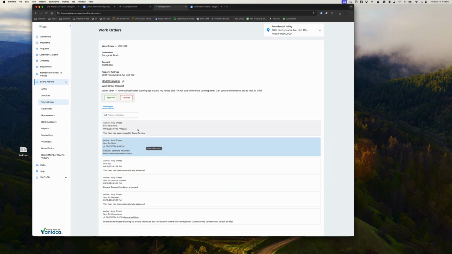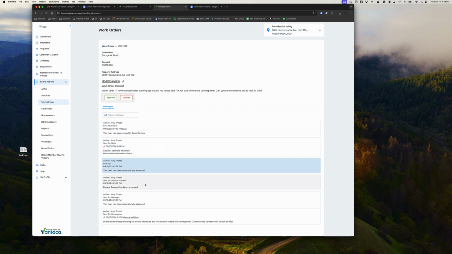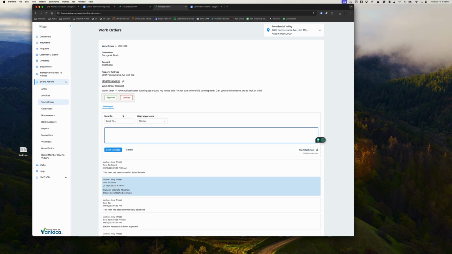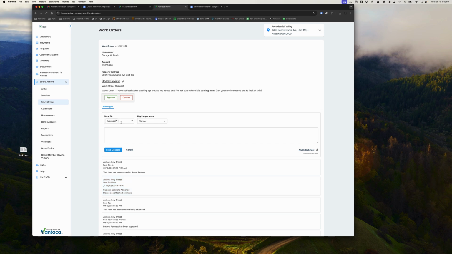So as you scroll through each one of these line items, some of them are just updates as they move through the process. Some of them, like that, are an estimate. If there's any notes from you guys as board members, you can actually go right here to type a message, and you can send it to whoever you want. You can send it to the manager. If you have a question for the manager, you could click manager and just say,